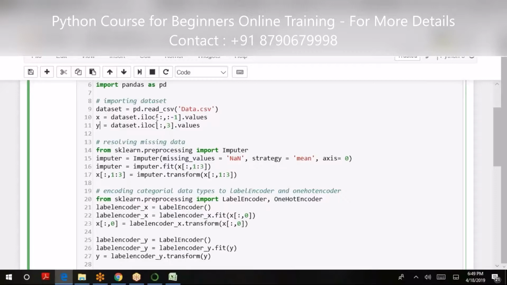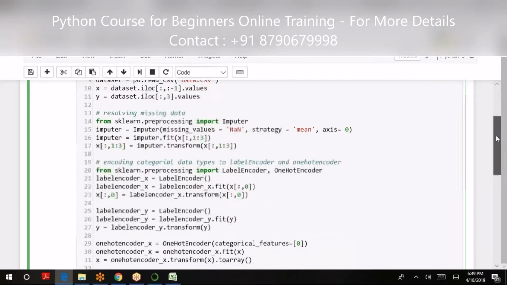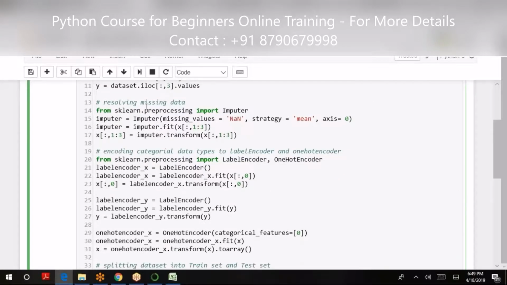I'm giving you a glimpse of a case we can build using this environment for data filtering or data pre-processing. So the data gets split into x and y axes. Further, I require resolving the missing data. This is the actual work of your pre-processing tools or packages. Why do I require it?